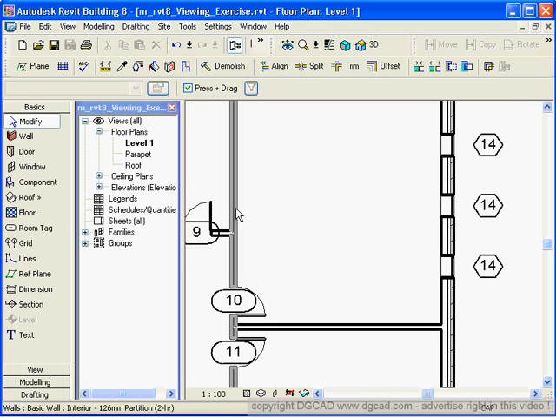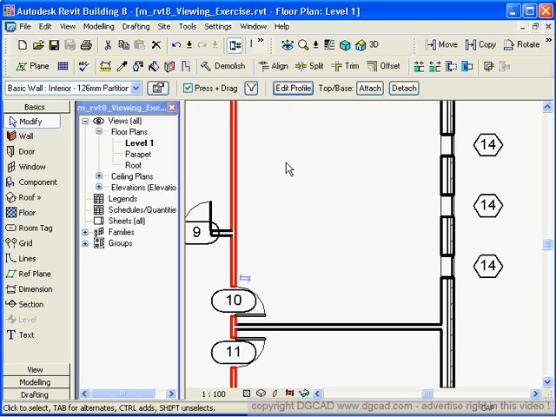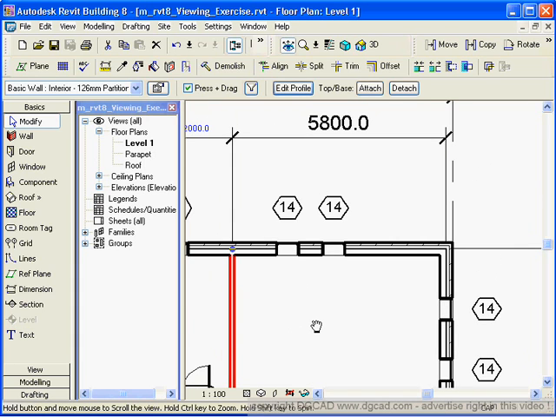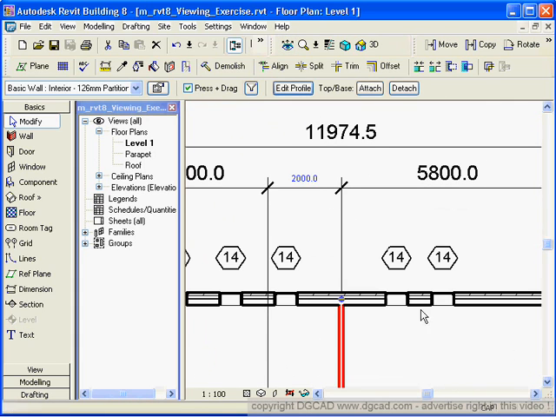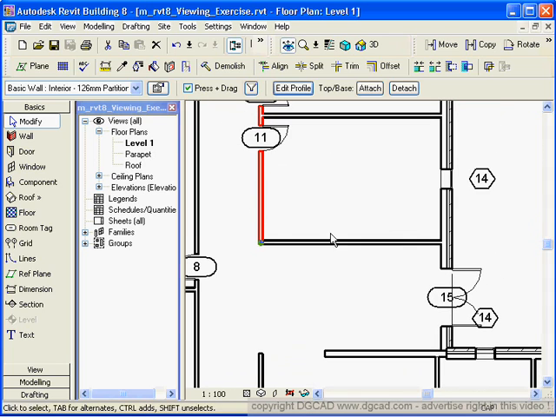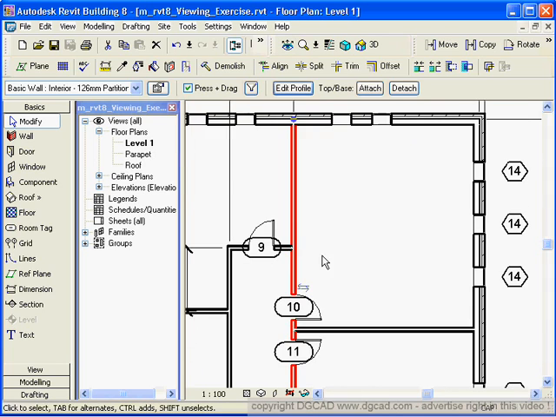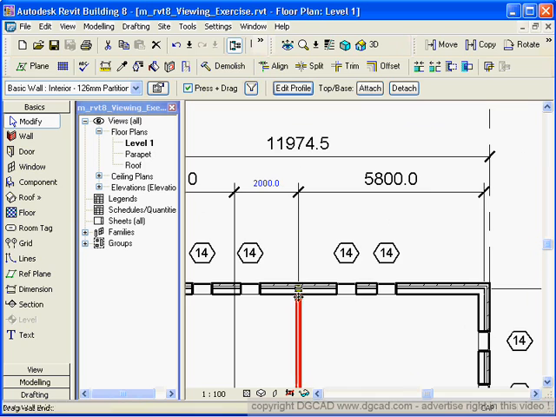Once again, I can say okay. I can click on this object here. Now I want to set a dimension from here to here. Well, I don't see that dimension. Where is it? It's giving me this thing over here, which I don't really want. So then what you can do is you can take this